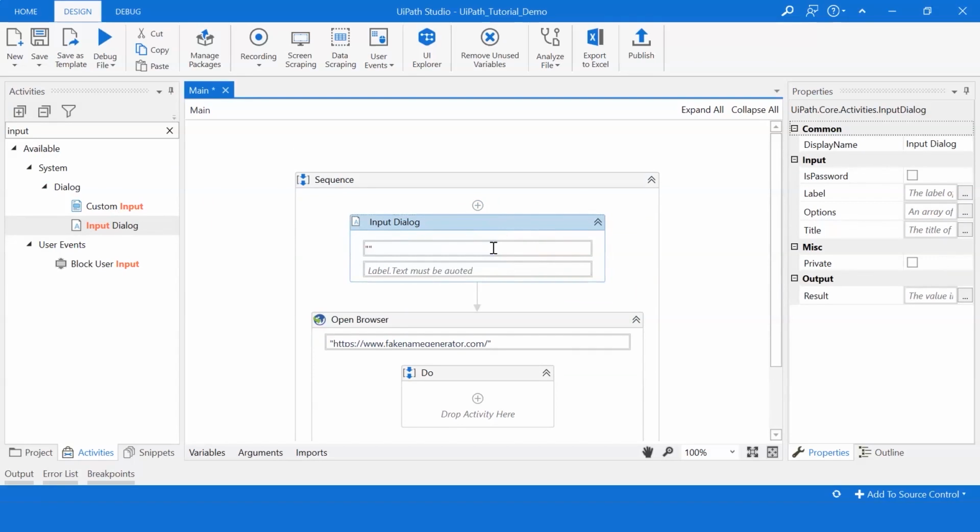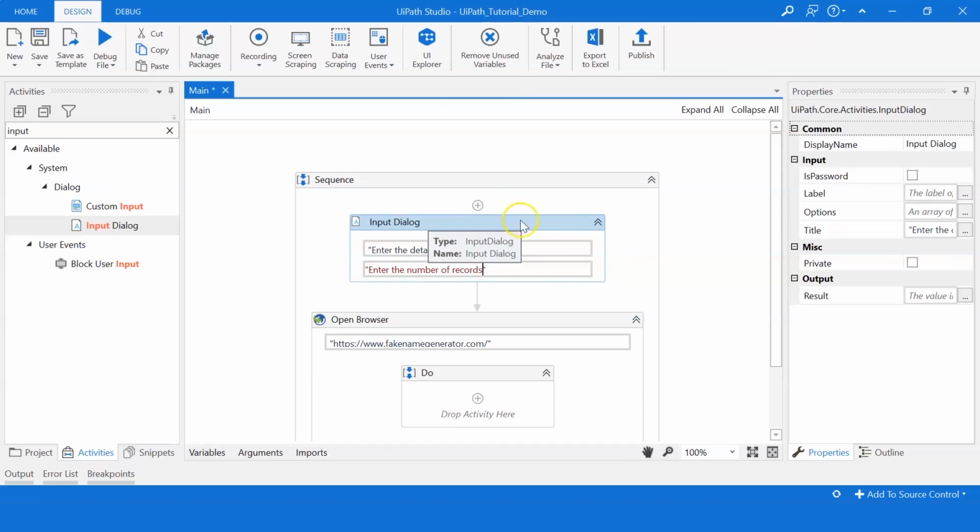So I'll put it within double quotes, say enter the details of customers, or say people. And then here I'll give enter the number of records you want to fetch.